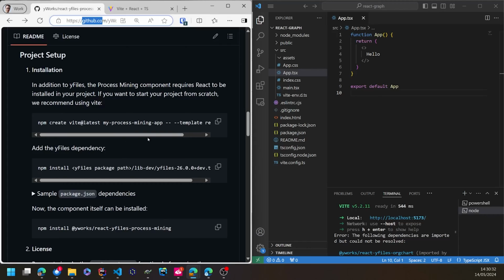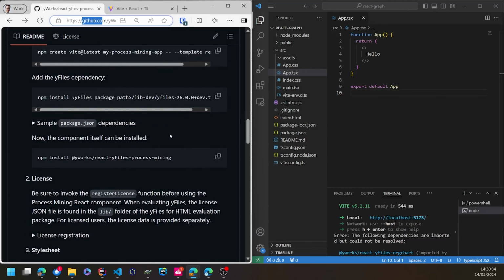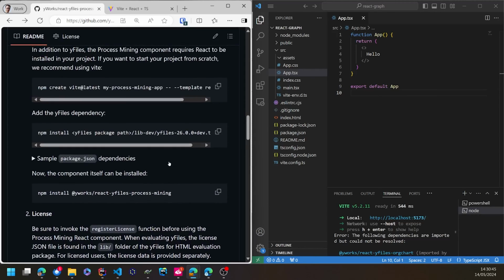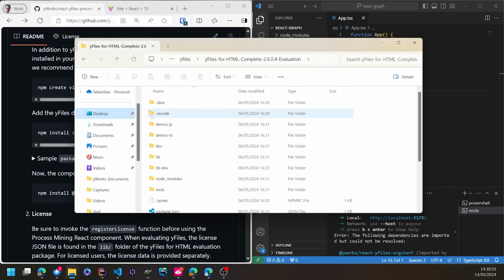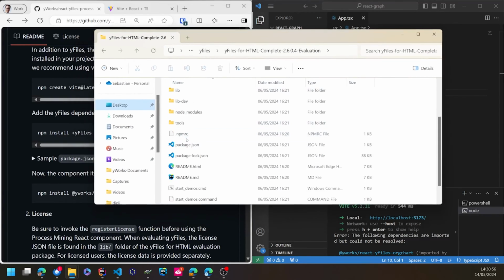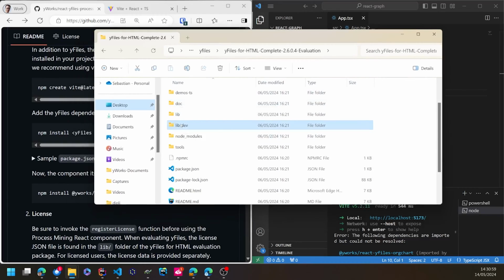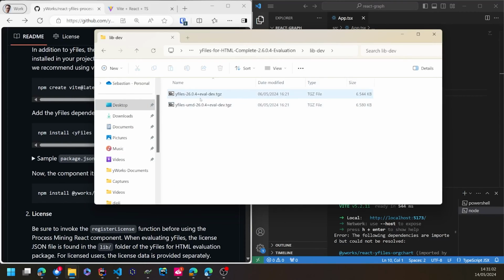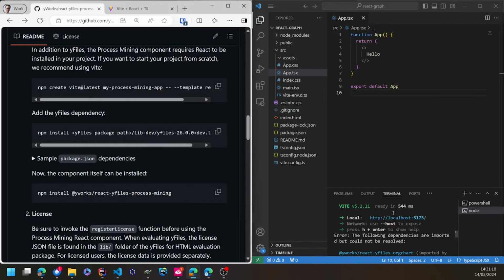In order to add the component to our application, we're going to first need to install the yFiles core diagramming library, which is available as a separate download. Please go to yfiles.com and register for download. This will download a file for you, which is a zip file, and the file itself contains the library. Then go to the lib/dev folder, which contains the npm module as a tgz file. We're just going to copy the path, and with this we can go to our